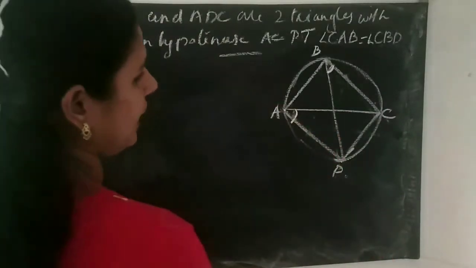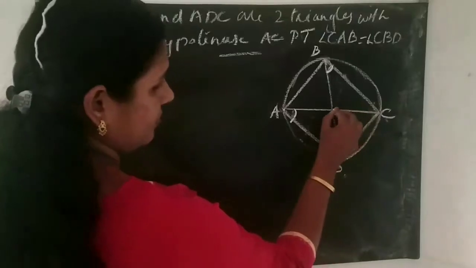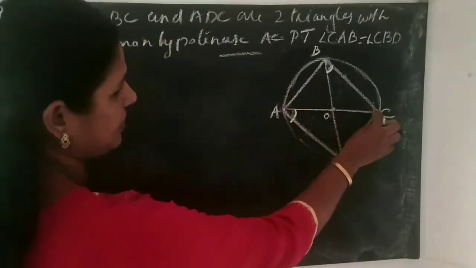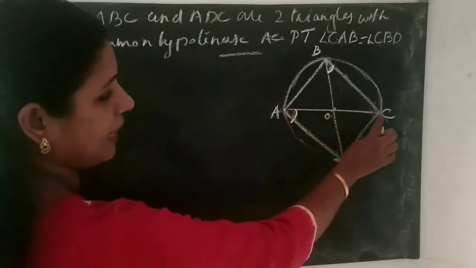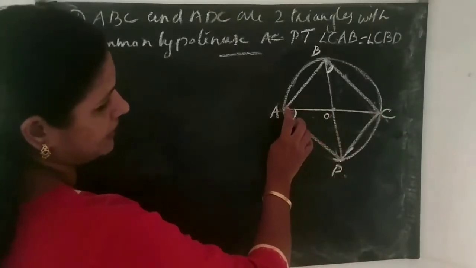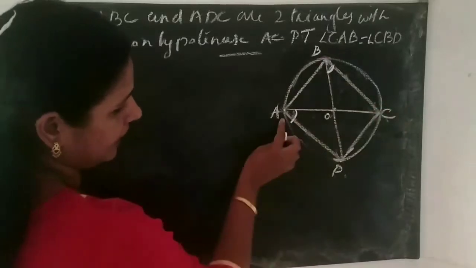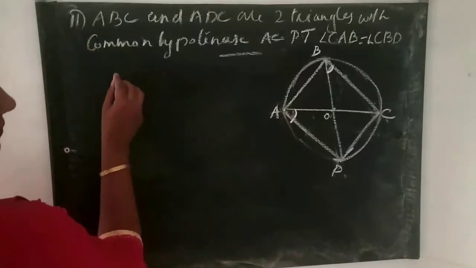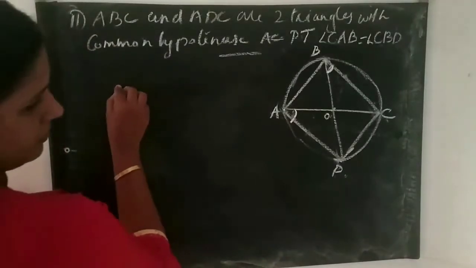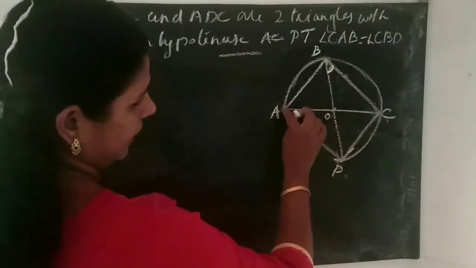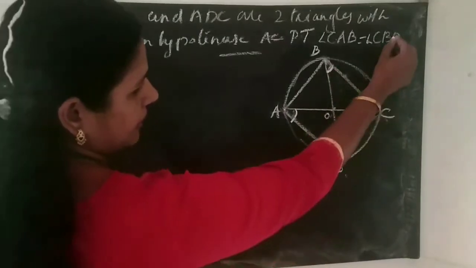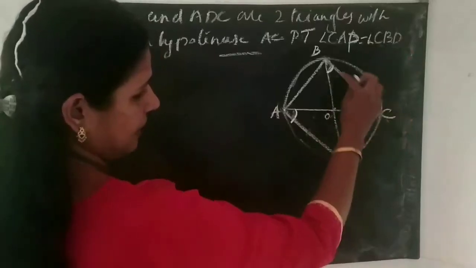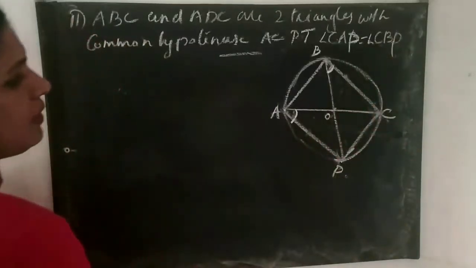Okay, cyclic. For that, considering this AC, this is the hypotenuse and it is the center. This is the diameter AC. So we can say that this angle ABC equals 90 degrees and this ADC is also 90 degrees. That is, CAD, not CAP, and the CBD. Okay.